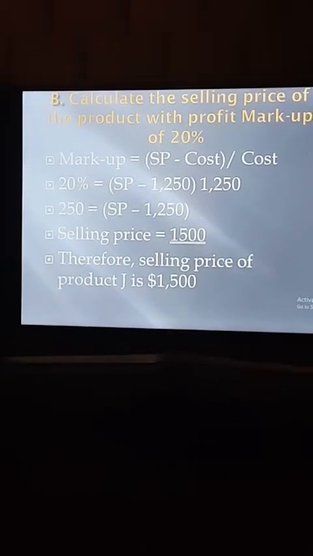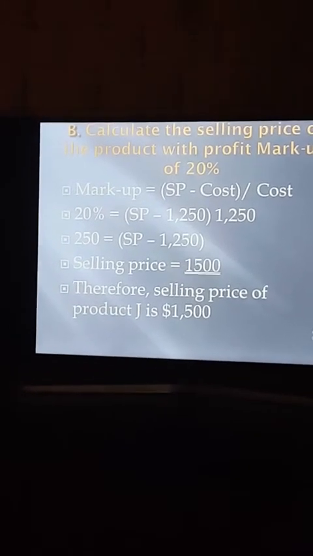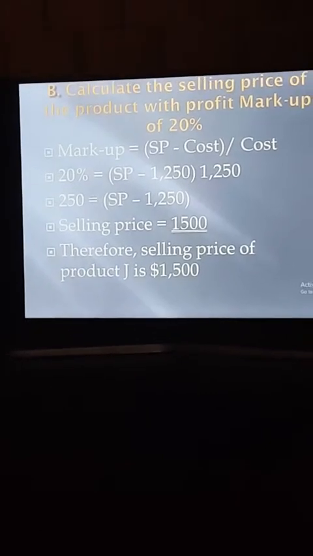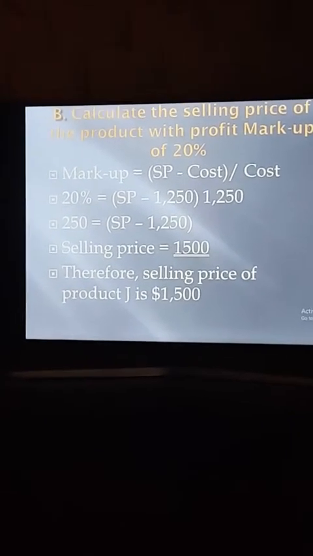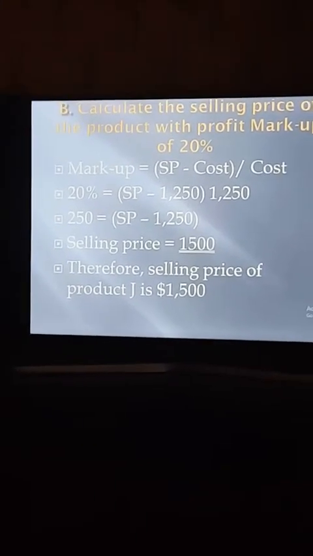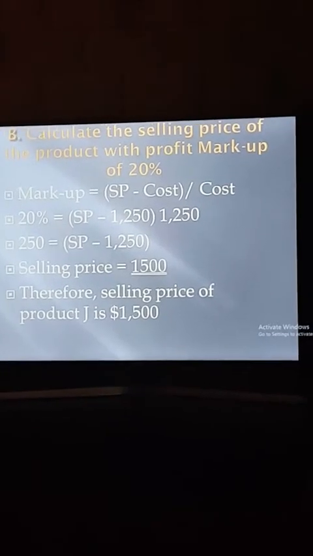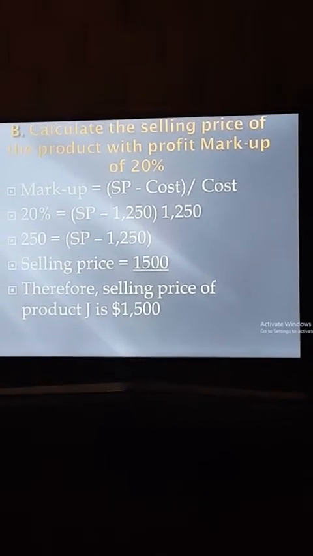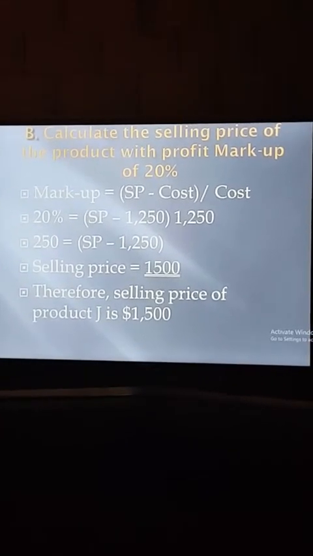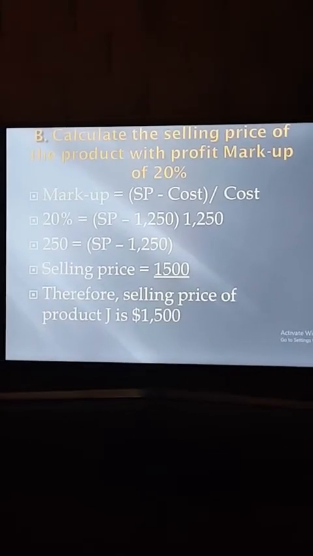We will try to extract selling price, shifting the numbers to the right side and taking selling price to the left, and calculate our way around it. We know that the markup is 20%, but we do not know the SP. So 20% equals SP minus 1,250 over 1,250,